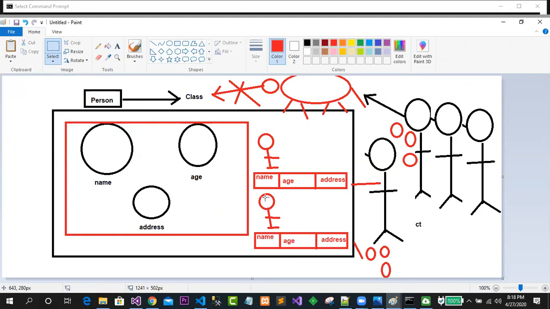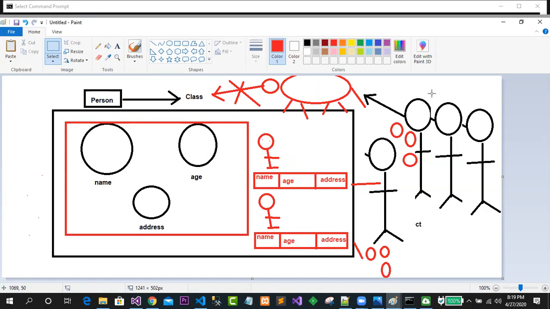It means that the n number of times that I am creating the object, for each object separately their variables will be created. This object can access the variables of its own, and this object can access the variables of its own. It's very simple to understand. But once you have declared them, that can be circulated to all the objects.